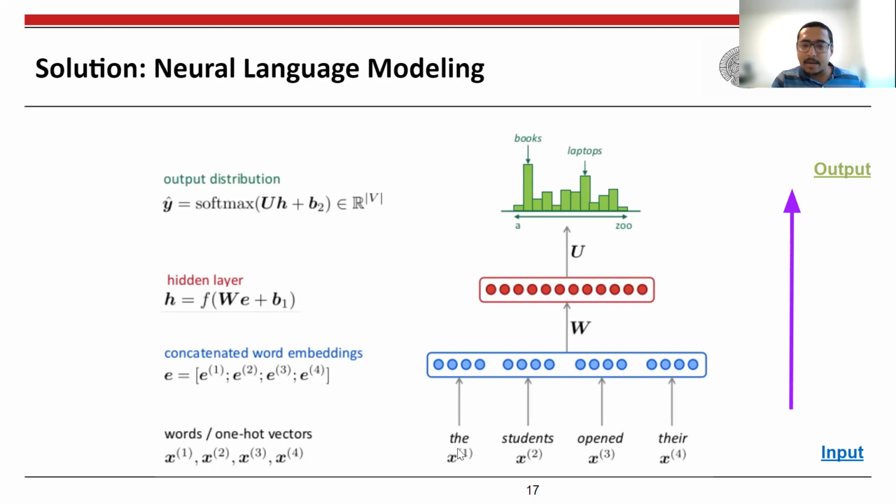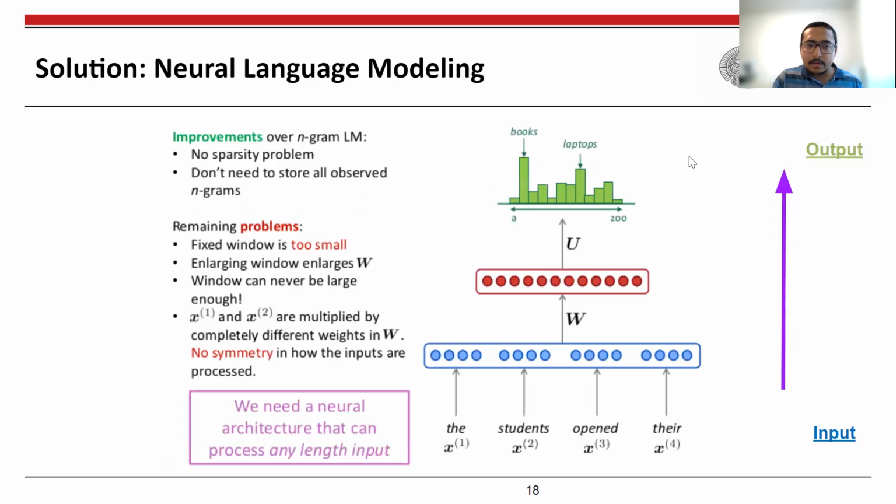So that is how you can use a simple neural network to solve this task. You obtain the embeddings for the words, pass them through several layers of computation, each of which has its individual weight matrices, obtain the final representation, then pass it through a softmax layer, and obtain the probabilities over the entire vocabulary of your corpus. Now, what are the problems that can be solved using this approach?